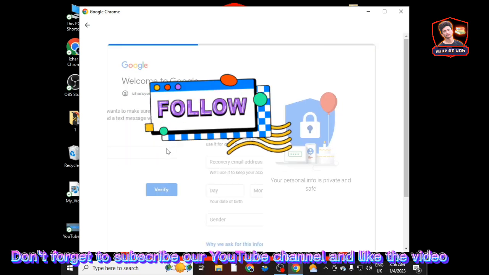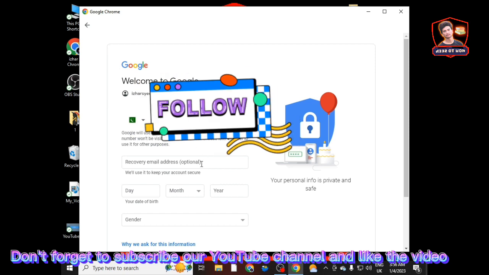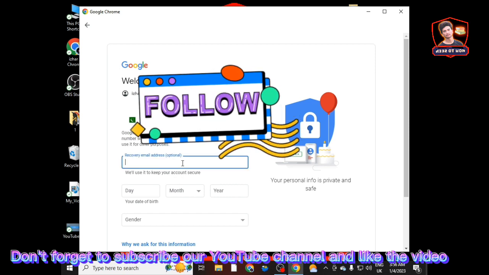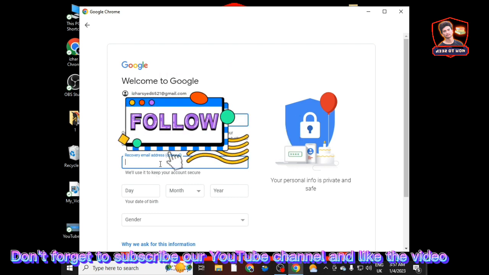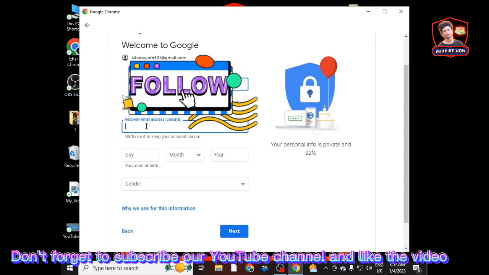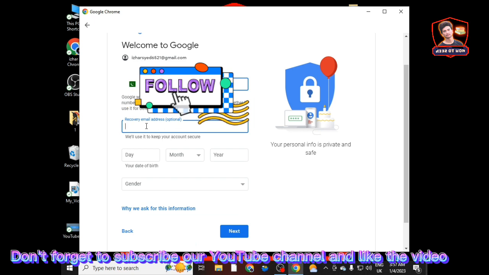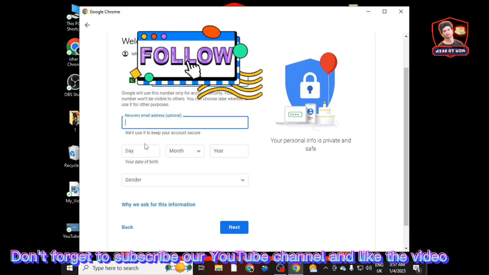Click on verify. After verifying, you have to give your recovery email. It is optional. If you want, you can give it. If you don't want, you can skip it. If in the future you forget your Gmail and you want to recover it, for that you have to write this Gmail account which you give here, like a recovery email address. Optional. This is optional. I recommend that you write it right here, and here you have